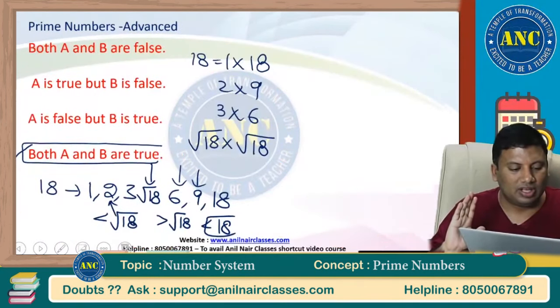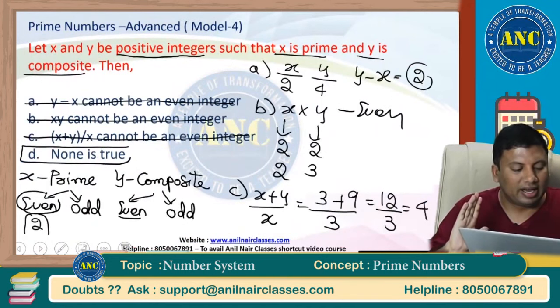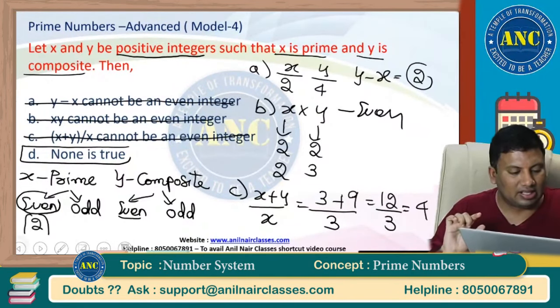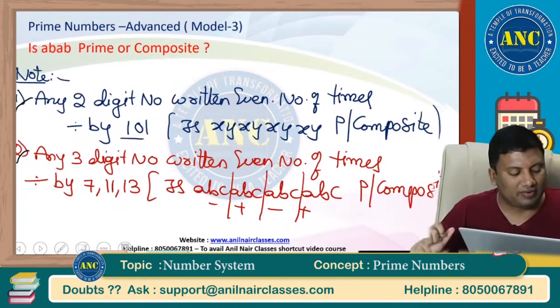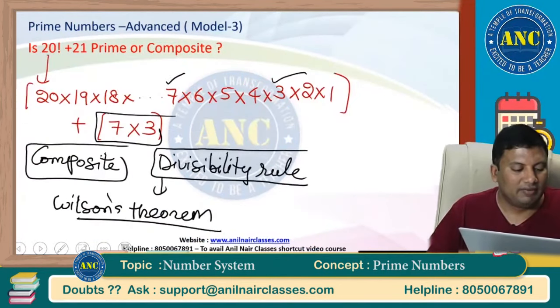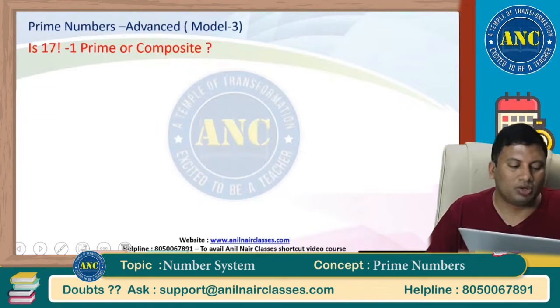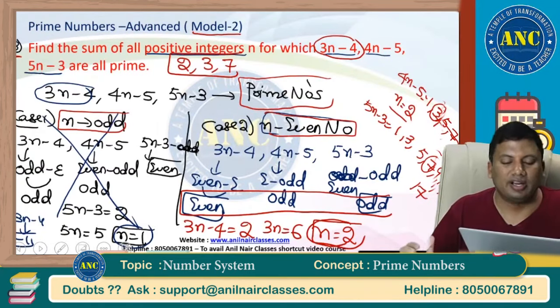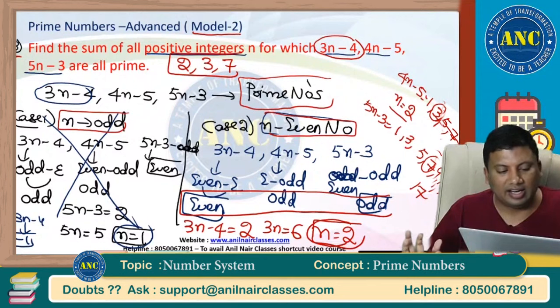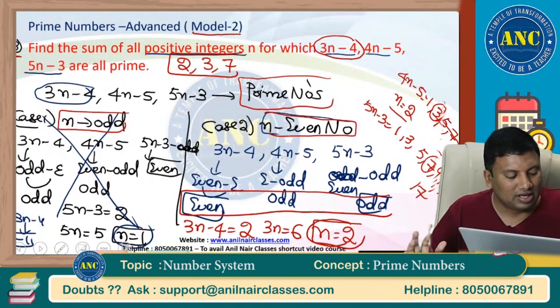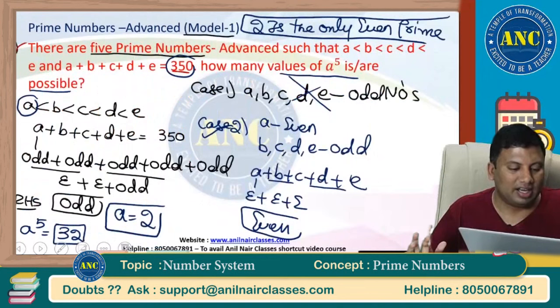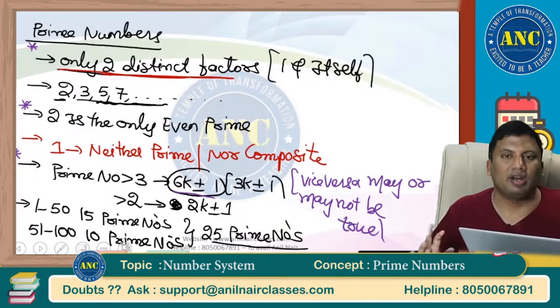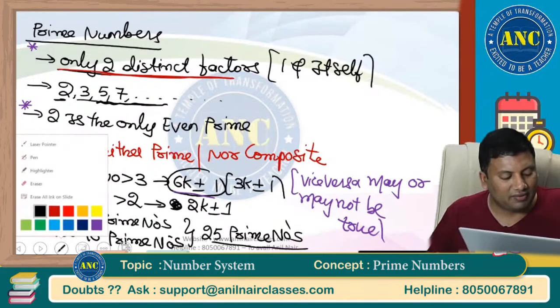Next one. This question we have already done. X is a prime number, even and odd. X is a previous year CAT question, sir. How to check whether a number is a prime number or not? Divisibility rule for 7, 11, 13, 37. Divisibility rule for 101. By using Wilson's theorem, how to check? Or even and odd, how to check? How to find the values such that the given numbers are prime numbers by taking n even, n odd. The sum of an odd number of odd numbers is always an odd number. These are the fundamentals. Again, we will have one more